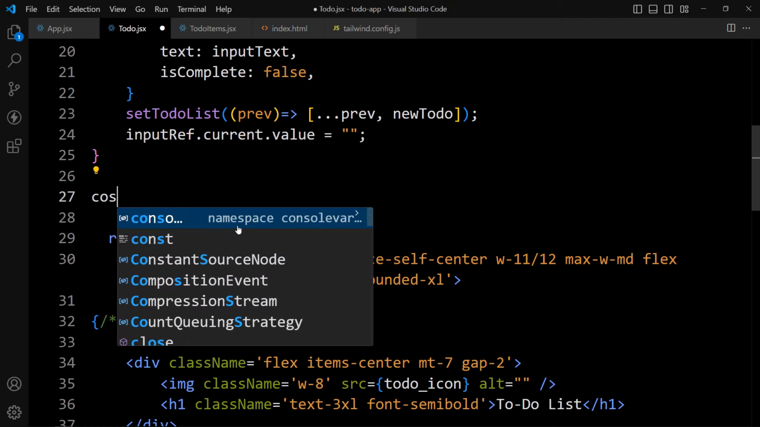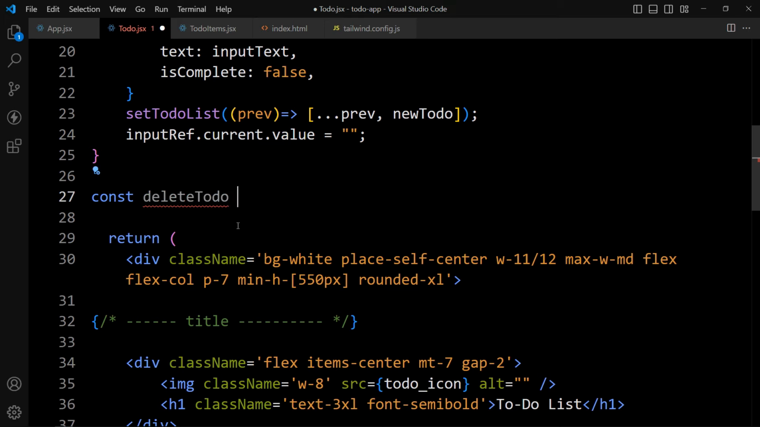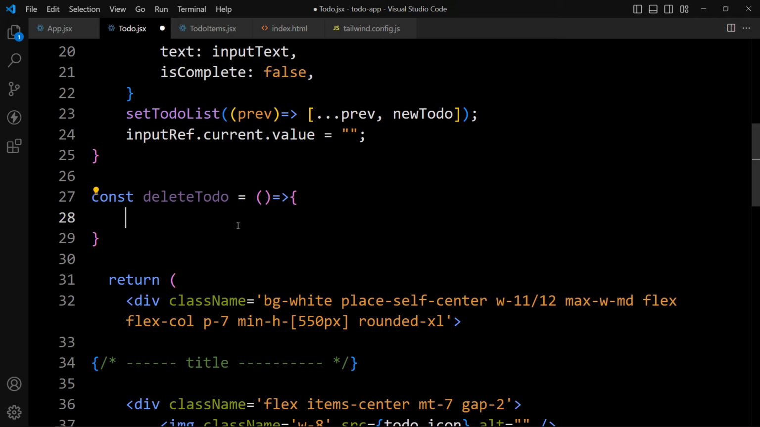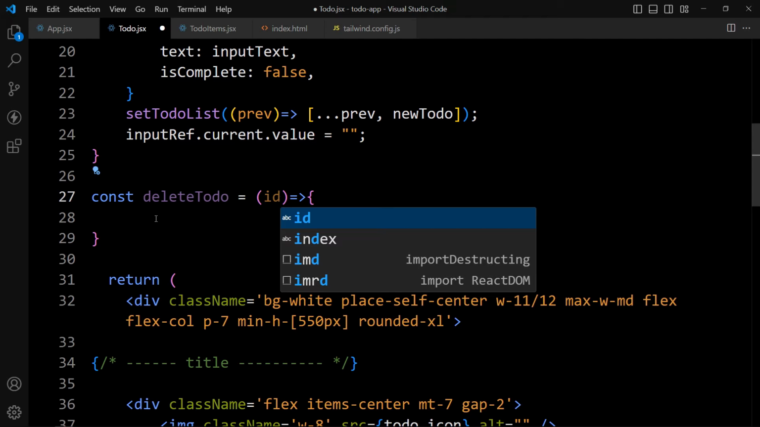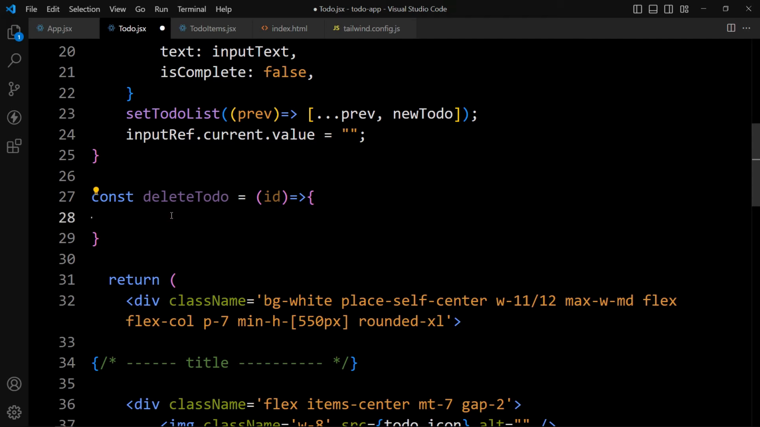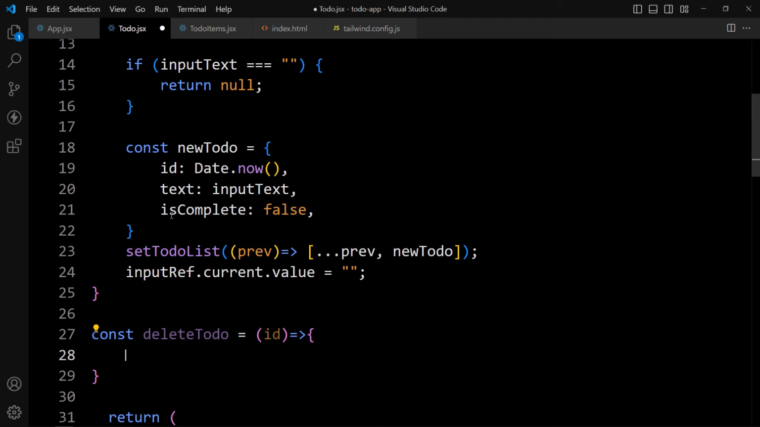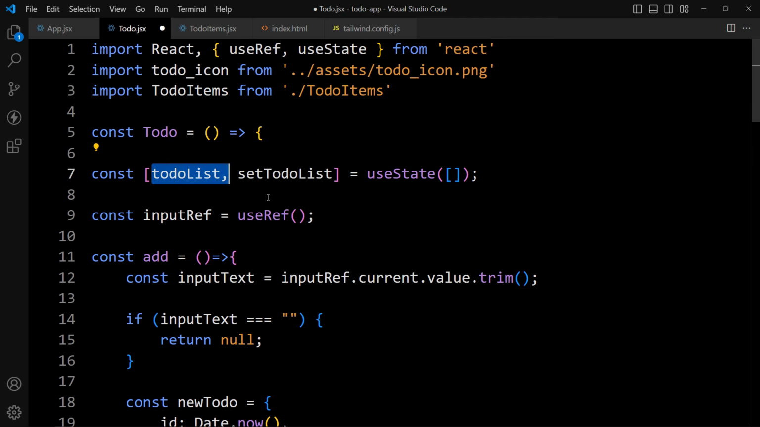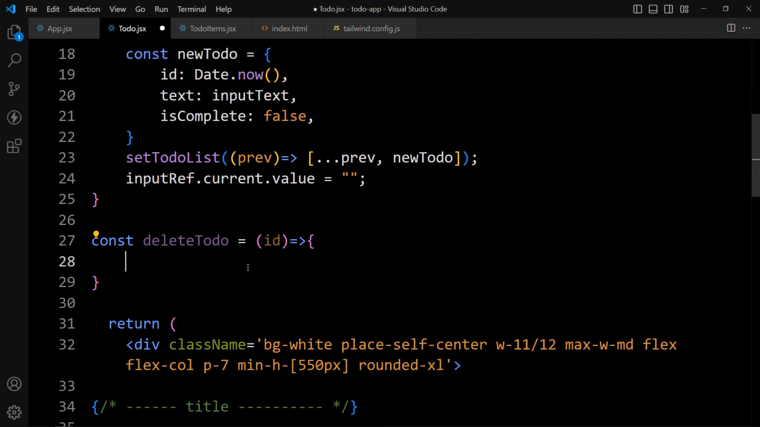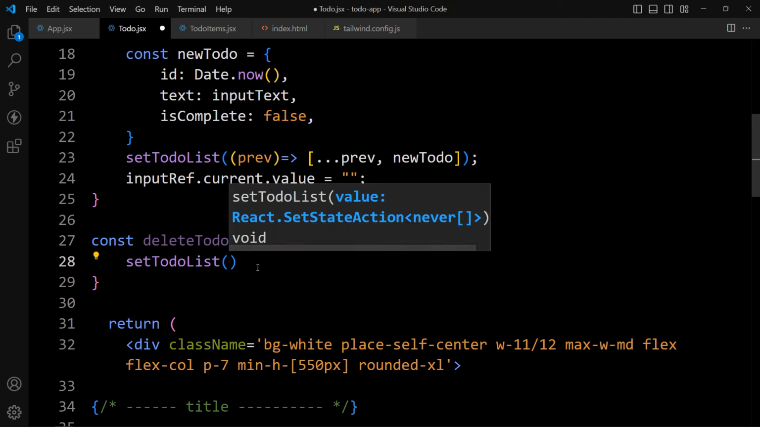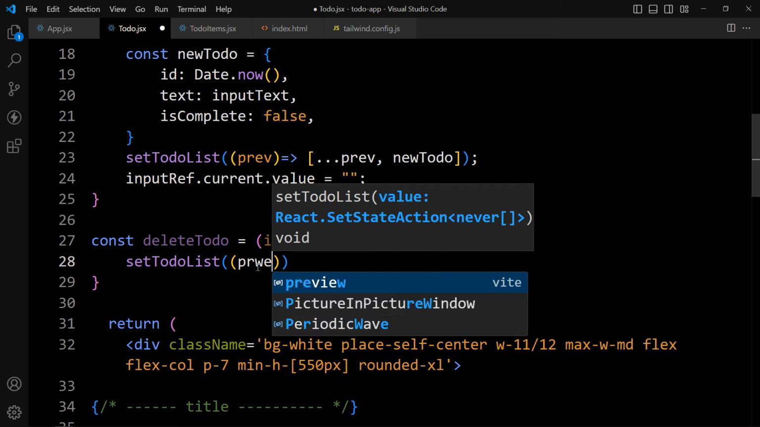So just add const delete to do. And for deleting any to do item, we need their ID. So we will get the ID here. And here, when we delete the to do, we have to update this state to do list using this setter function set to do list. So here just add this set to do list and here we will get the previous data. Let's add previous to dos